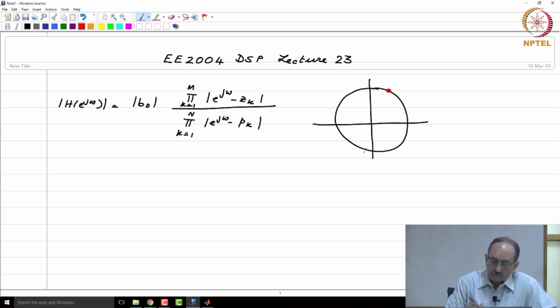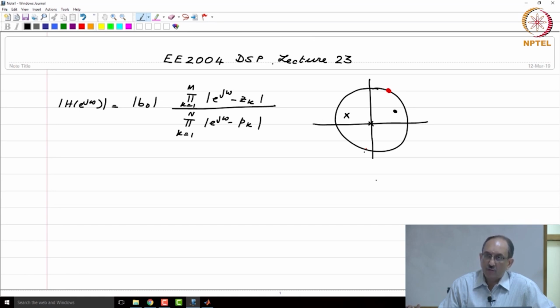So, you are say here on the unit circle, and then you have to look at distances to poles and zeros. There may be a trivial pole or a trivial zero here, and as an example I have marked this as a trivial pole. We also saw why this is called a trivial pole, because trivial poles or trivial zeros do not contribute to the magnitude response. And then you find the distances to all the zeros, and then the distances to all the poles, and the product of these distances to all the zeros to all the poles gives you the frequency response at that